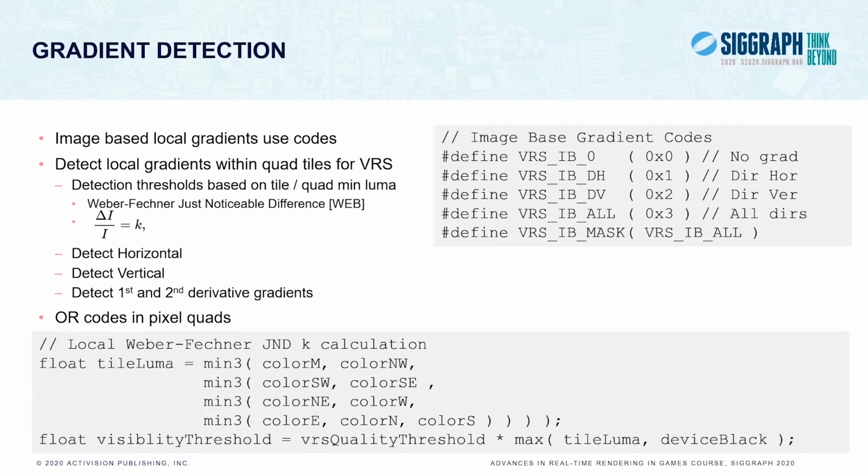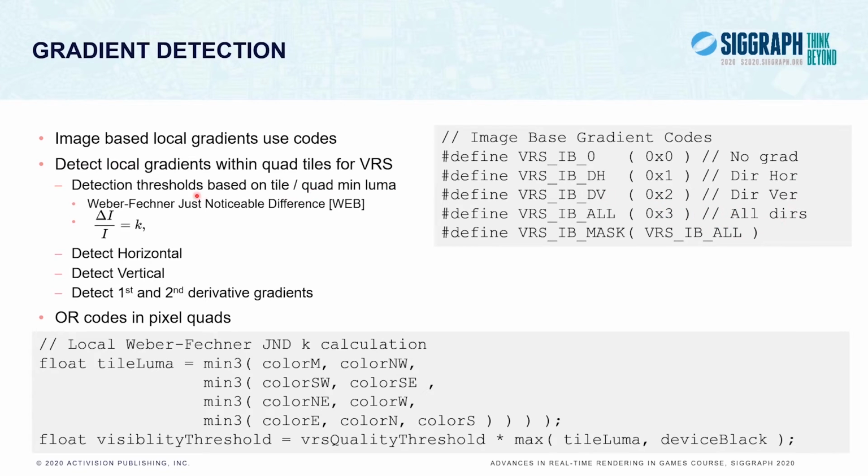In our gradient detection pass, we use image-based local gradients to detect differences in the image. They use a series of image-based gradient codes. Basically, because those are 2-bit masks, we can easily express no gradient, direction horizontal, direction vertical, and finally sum of all directions as only 2 bits. The important fact is that we can OR those masks, and we're always going to get conservatively upsampled to all